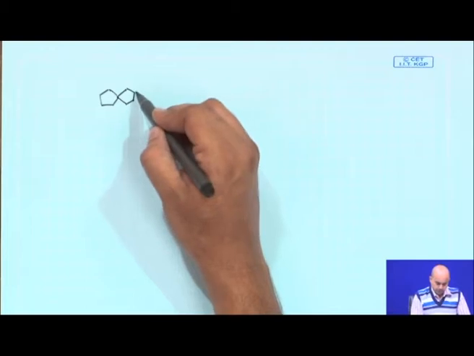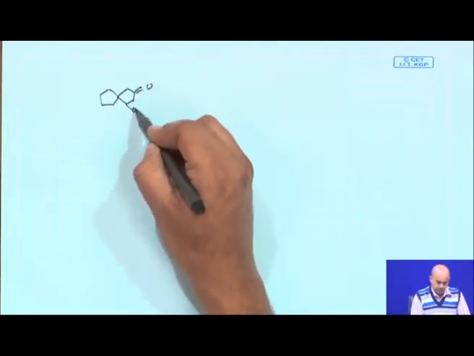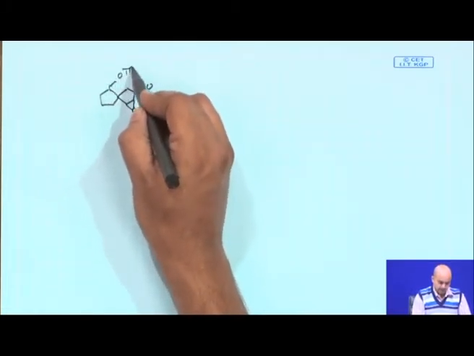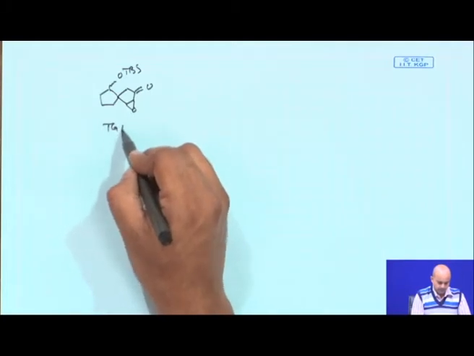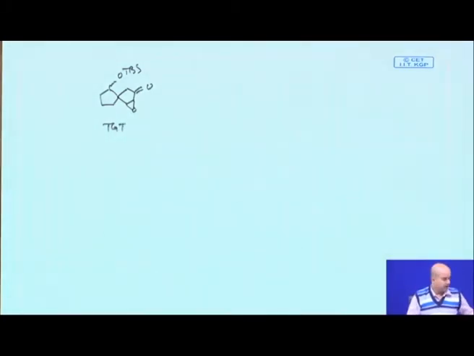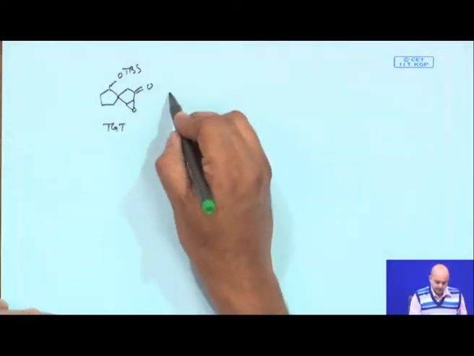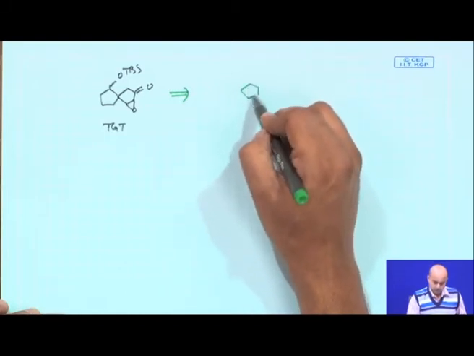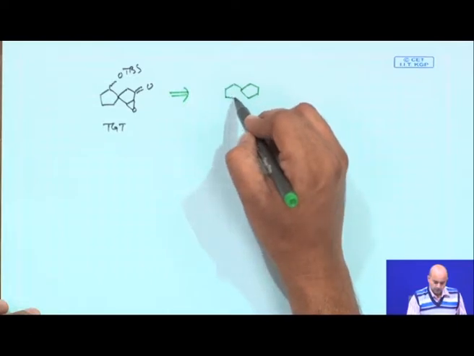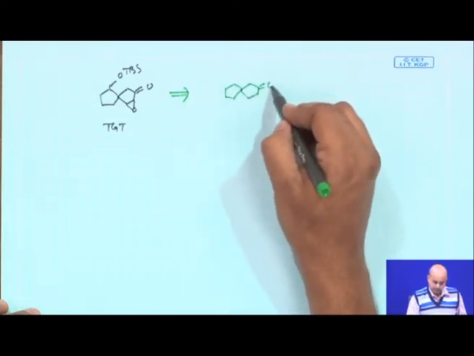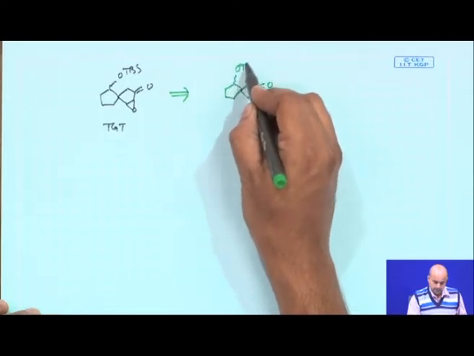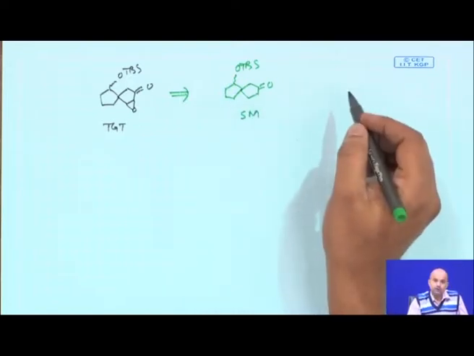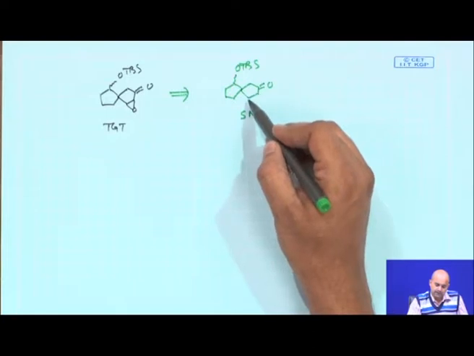It is given a spirocycle compound, a spirocycle epoxide, with this end having a TBS. This was the target molecule given to you, and the starting material, which was also given to you, has a similar structure. So, basically, if you now try to correlate the starting material and the target molecule, you need to introduce an epoxy